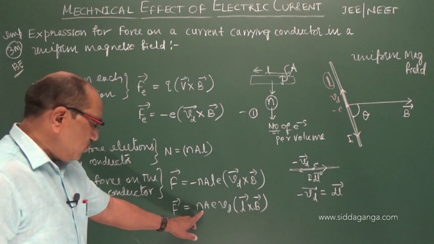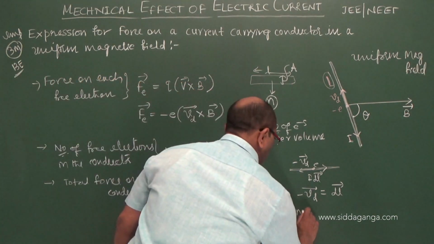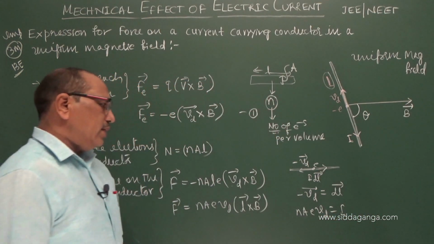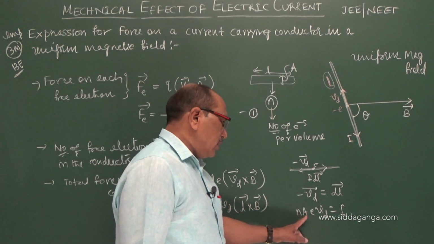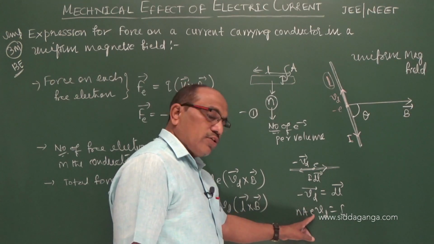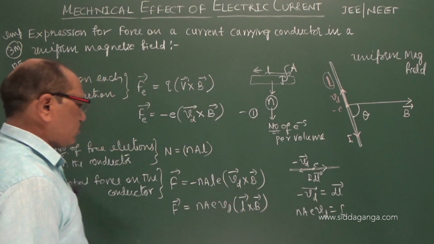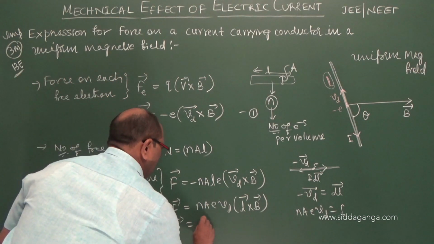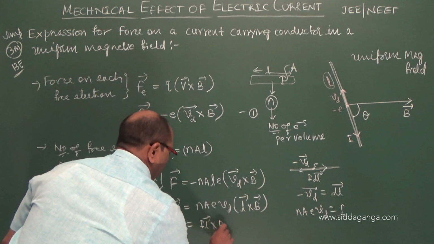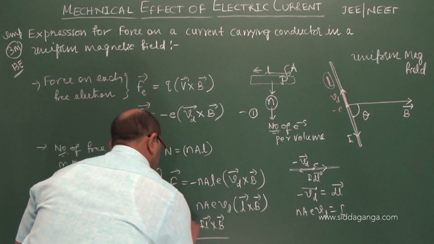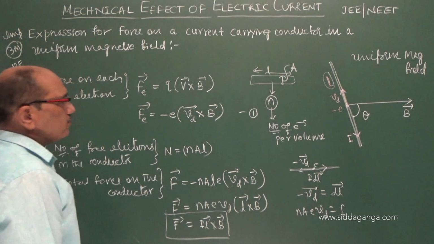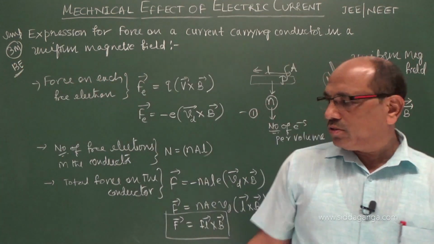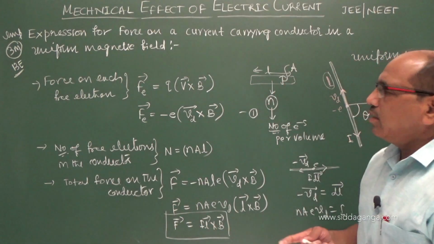And further, in Ohm's law you have discussed and derived the expression for the current, where n is the electron density, A the area of cross section of the wire, e the electron charge and Vd the drift velocity of the electrons, which gives the current. Therefore, the expression for the force is I L cross B. We got the expression for it. So that is what the force is given by. I hope you have understood.